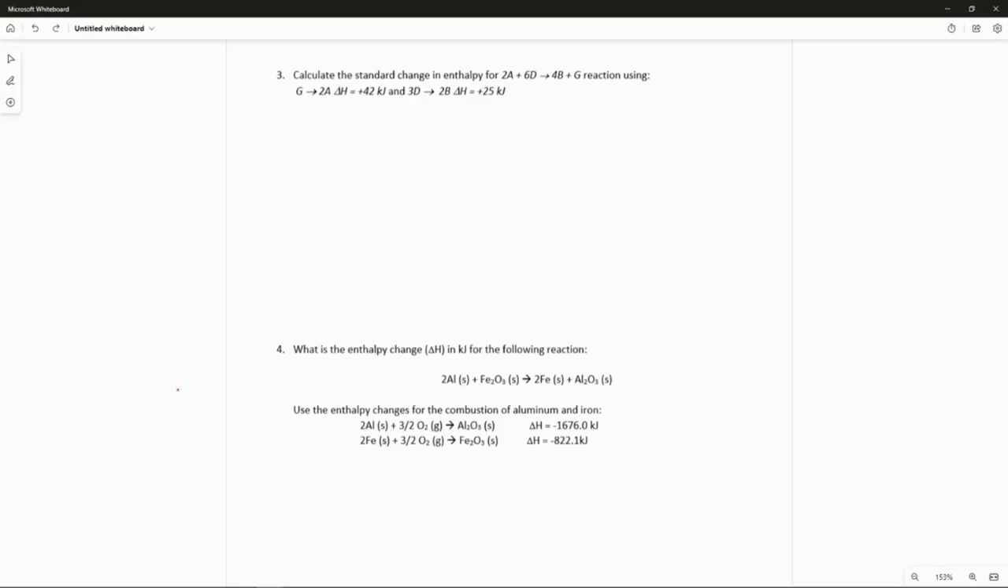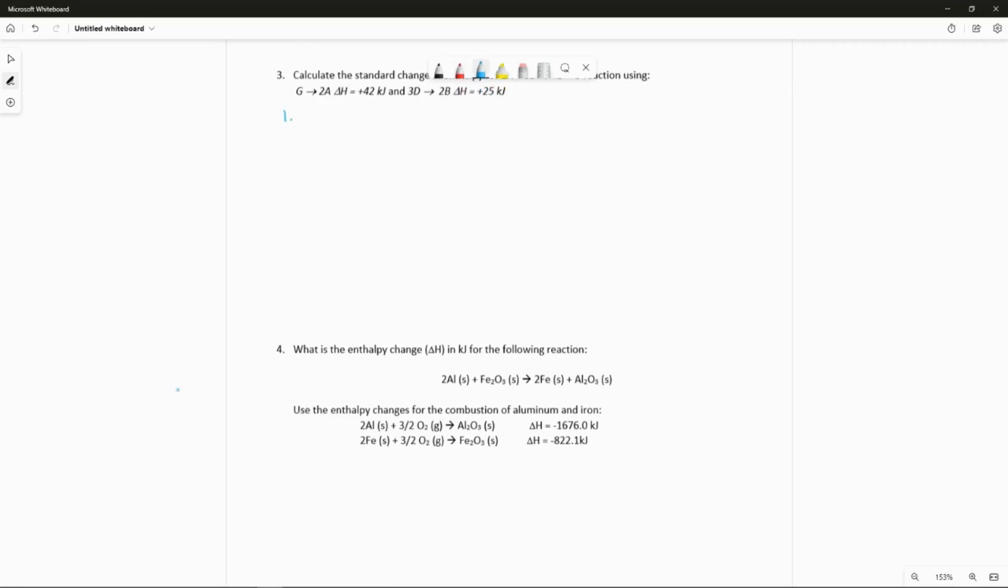Alright, let's do the second half of the page for calculations of heats of reaction. Number 3. Calculate the standard change in enthalpy for the equation 2A plus 6D yields 4B plus G using this list of equations. This is a demonstration of Hess's law, and what I'm going to do to solve is